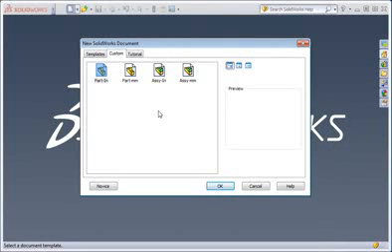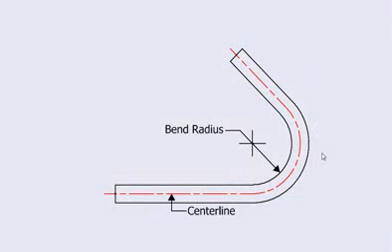We're going to work with K-factors in this lesson, so I'll show you what a K-factor is, and then we'll practice using them. When a plate is bent, some of the material stretches and some of it is compressed. The red area shows the material that has been compressed, and the blue area shows the material that has been stretched. In most cases, more material is stretched than is compressed, so the net result is the part gets longer